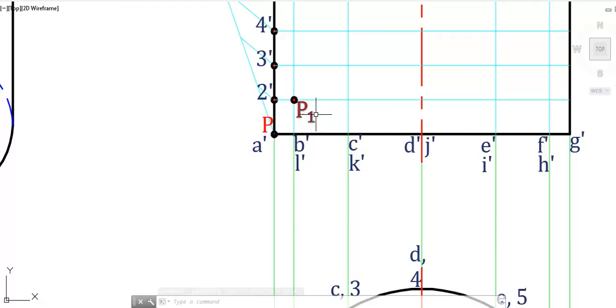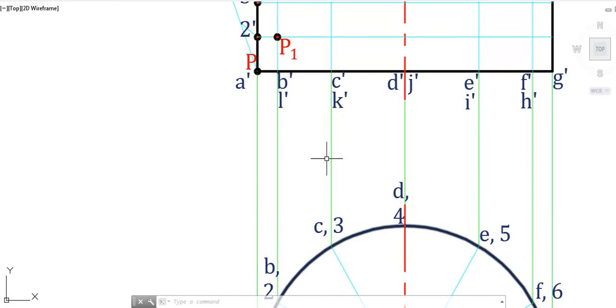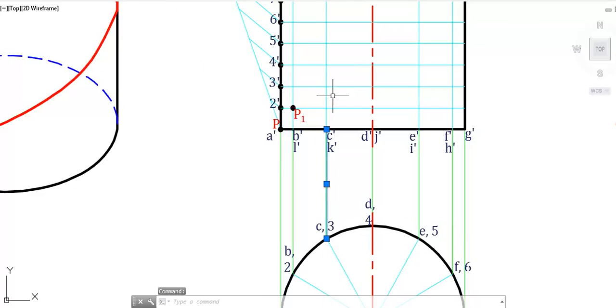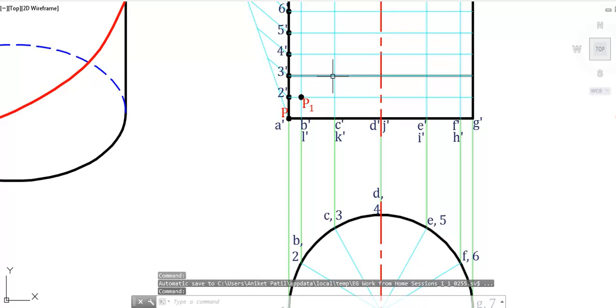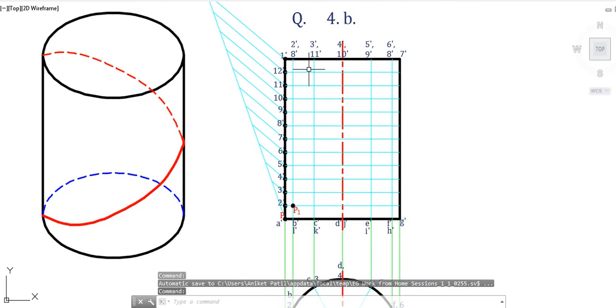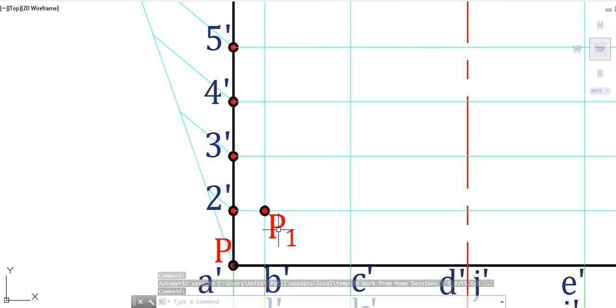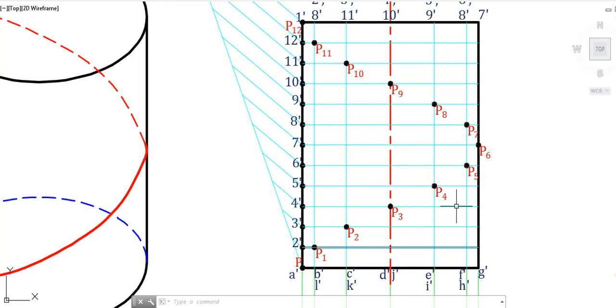So next time it will be on the vertical projection of generator 3 and the horizontal projection of generator 3, and so on. We can match all the points and then number them. So let us do it quickly. So this is how we can plot the points. So at every respective generator we will get the points as per their names. Now of course we have to use the French curve to join these points in a smooth manner.